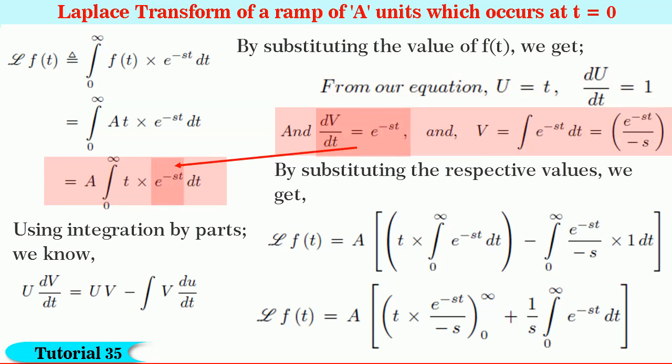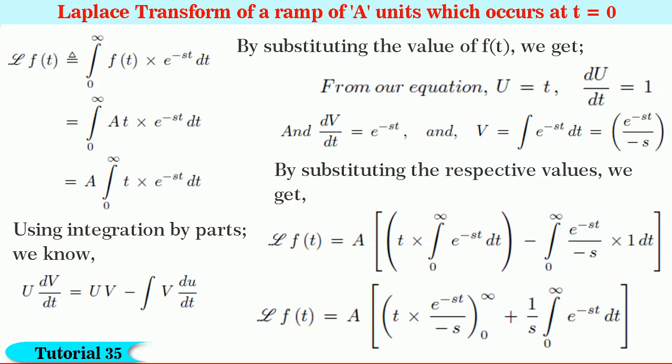And let dv/dt is equal to e to the power of minus st, and we get v is equal to integration 0 to infinity e to the power of minus st dt, and that we get v is equal to e to the power of minus st by minus s. So, by substituting the respective values in the equation of L of f of t, we get